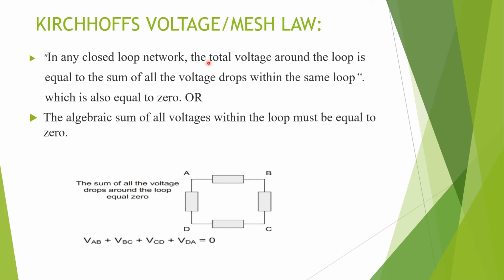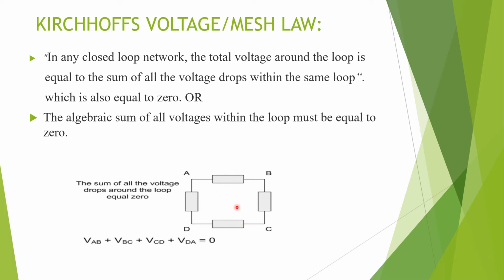Kirchhoff's voltage law is also known as mesh law or sometimes loop law. So these are the three names of Kirchhoff's second law. Kirchhoff's second law, or voltage law, states that in any closed loop network, the total voltage around the loop is equal to the sum of all the voltage drops within the same loop, which will be equal to 0, or otherwise, the algebraic sum of voltage within the closed loop must be equal